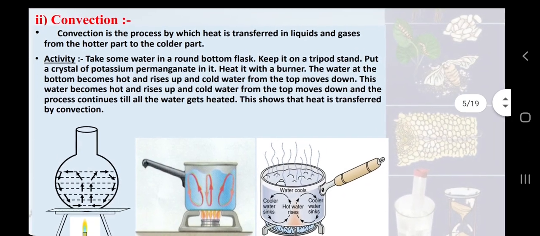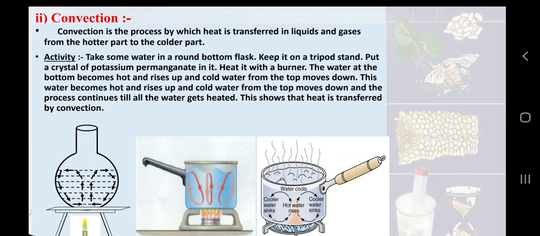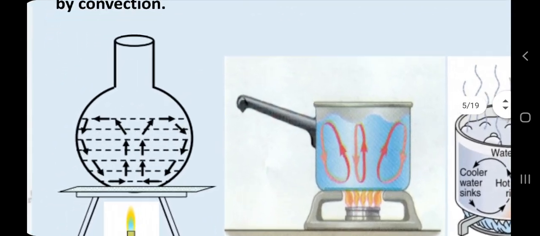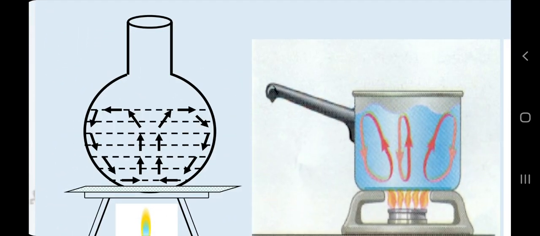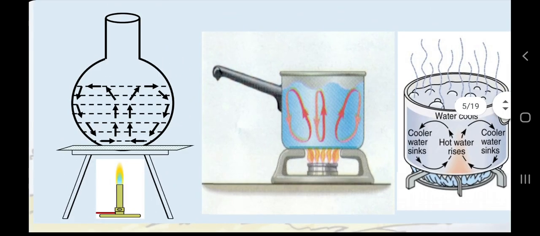Now coming to convection. This is a slightly more complicated idea than conduction. What happens in fluids, liquids as well as gases, is that when you heat a liquid, the particles of the liquid which are in contact with the heat, for example in this diagram, the particles in contact with the bottom, heat up and they rise, because we all know that heated particles will rise because of the energy.